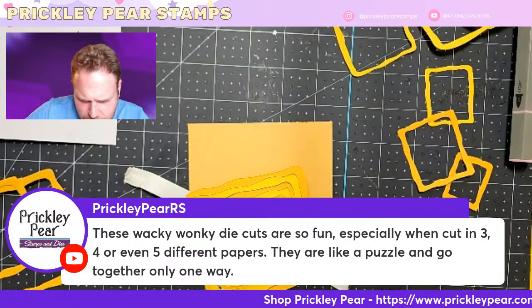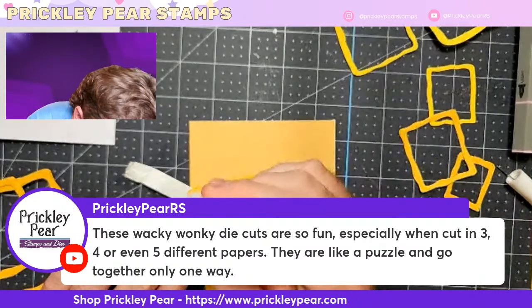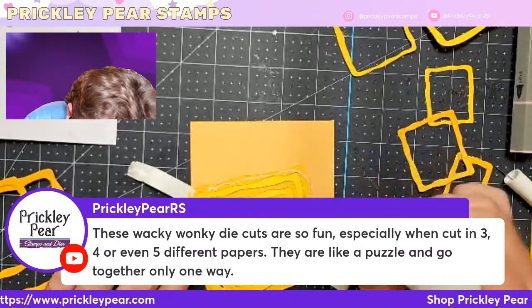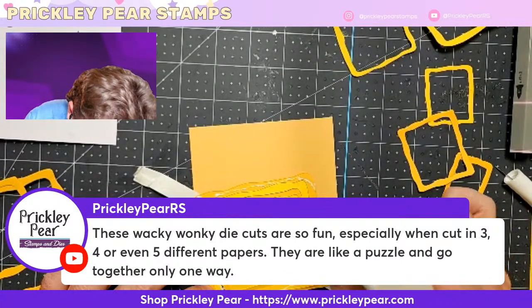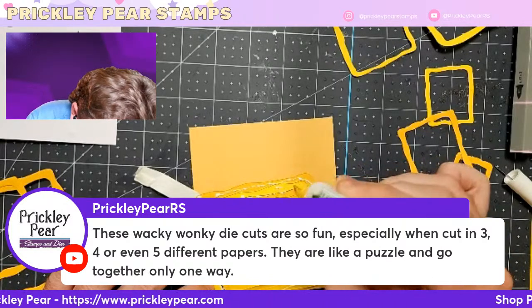Yeah, I think the more monochromatic you go, the more you're going to see the texture of the waves as opposed to the color. I don't actually need to glue all of the thing. You don't need a ton of glue here because when I push this down, there's going to be a lot of